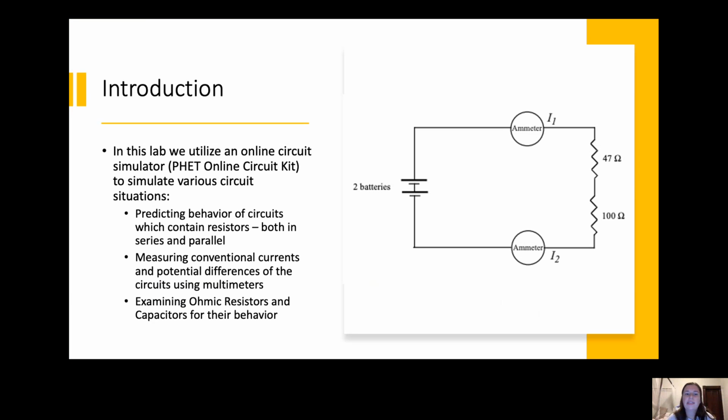As an introduction, we're trying to simulate ideal circuit situations. So we predict the behavior of circuits in series and parallel, which contain resistors and ammeters. We also measure conventional currents and potential differences of circuits using multimeters, and we examine ohmic resistors and capacitors for